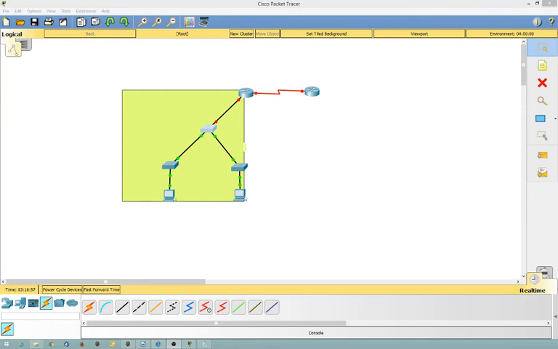Okay, so next installment of our series leading up to ICND 1 and then further on to CCNA. This one is about basic navigation of the Cisco IOS. The first video I did is just using Packet Tracer, and we're still in Packet Tracer. We don't have physical devices set up yet. We'll get to them, and I'll talk a bit about them actually today or now, but at the moment we're